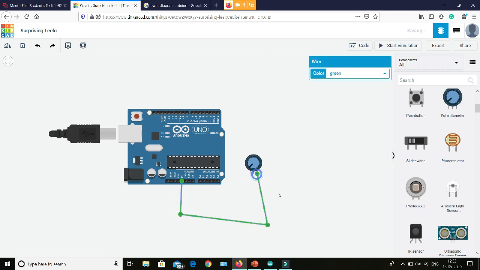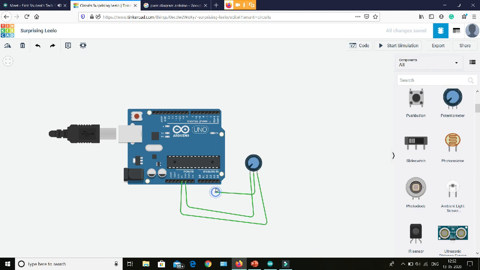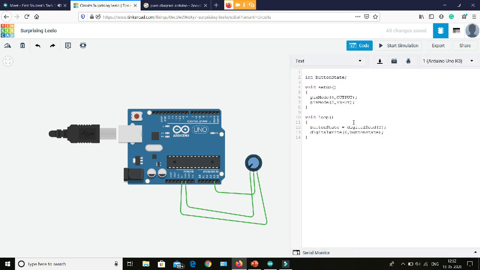Now we will write the code. The analog pins are already input pins, so we don't have to set the pin mode for them. Instead of buttonState, I am using an integer named analogValue. I am using this variable in order to save my analog values.